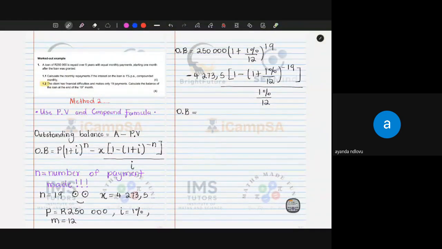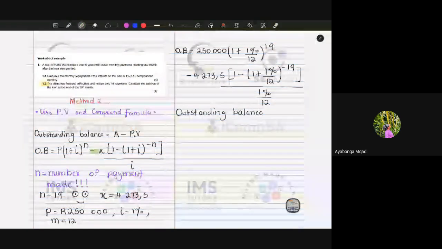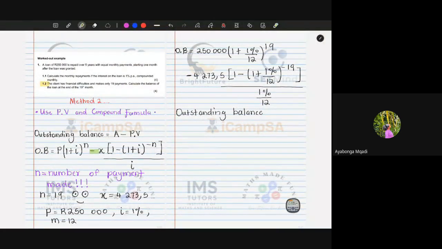What is our outstanding balance? I'm sorry, why is that 4,273 a negative? It is because the formula I gave you has a minus in between them. Do you see? Oh, okay. The answer is negative